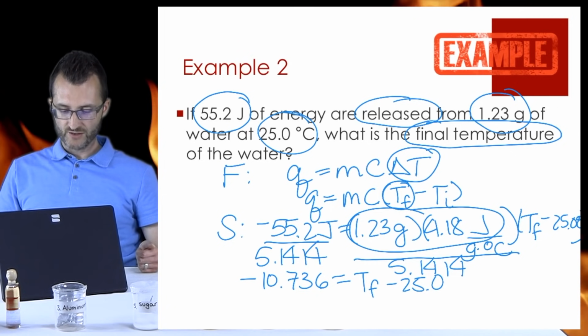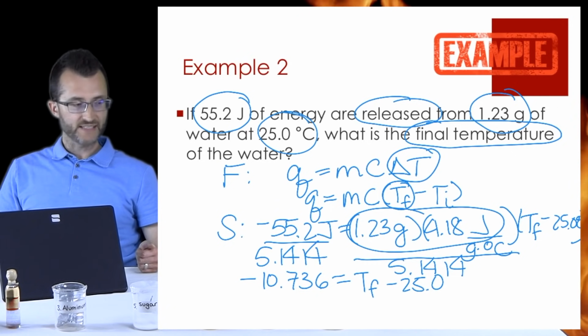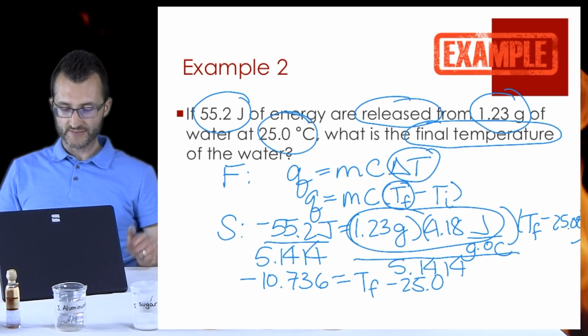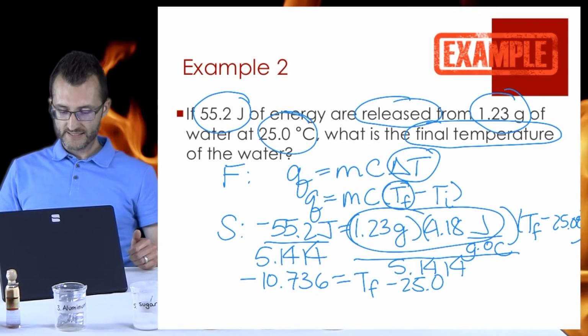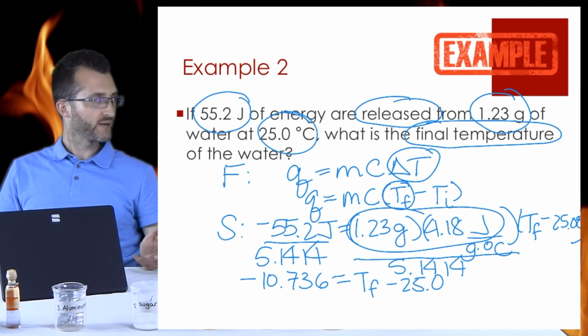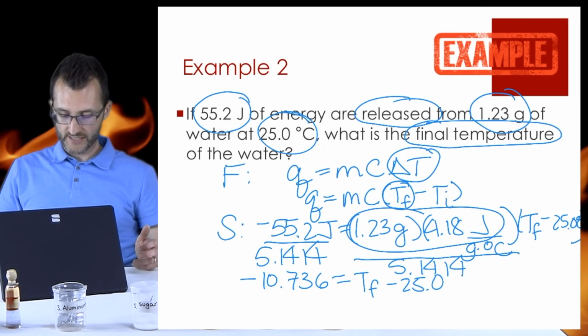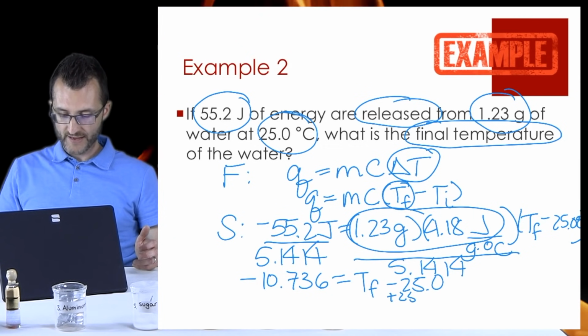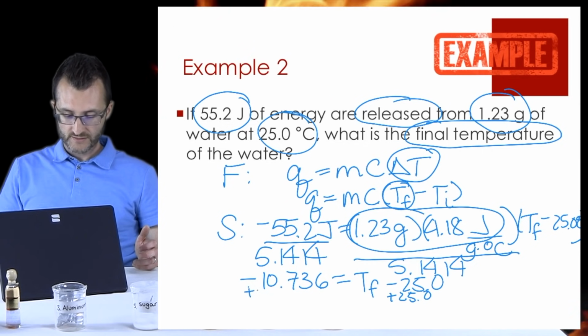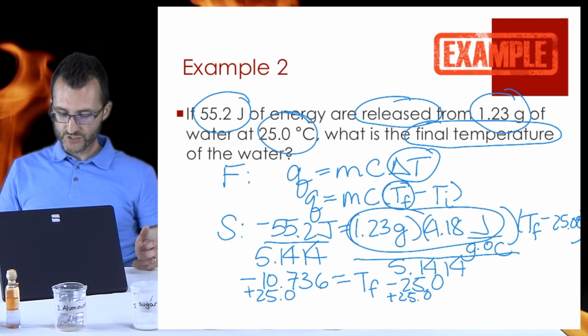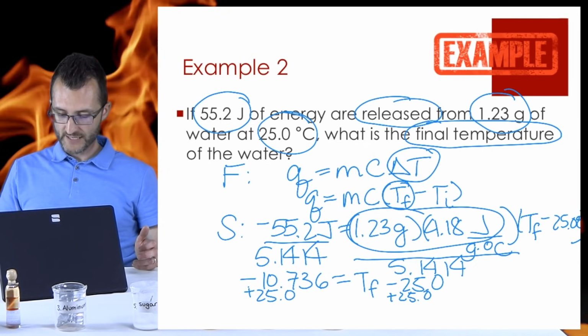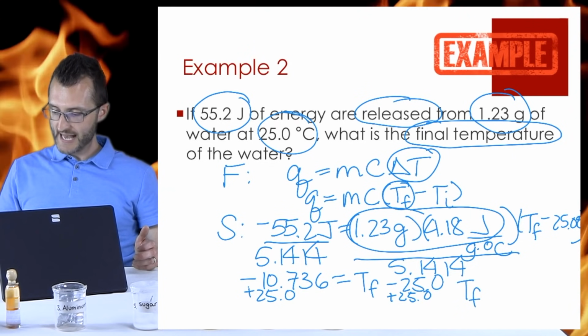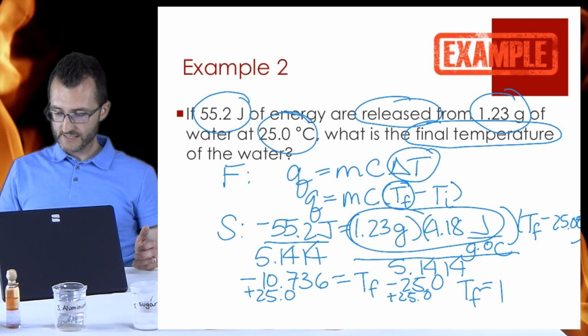Yep. So just like before, when I multiply, the inverse operation was division to get the variables separated. This time I have subtraction, so I want to add to both sides. That's right. So I'm going to add 25.0 to both sides. I should be able to get my final answer when I add. So Tf is